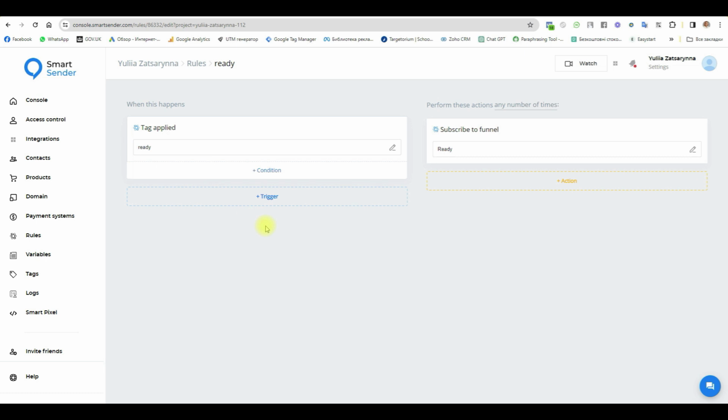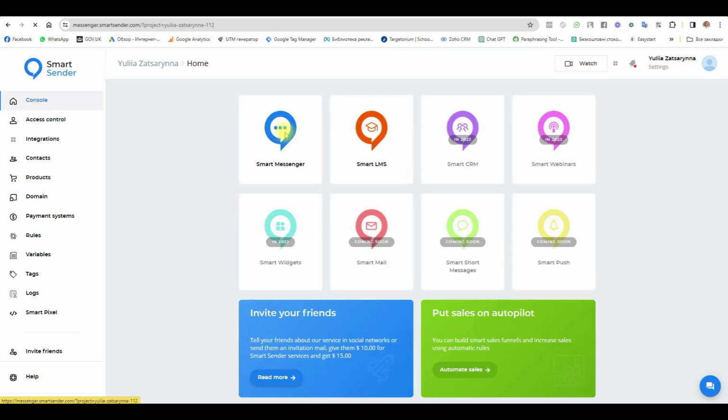Okay guys, now we did two rules. The first: when a subscriber subscribes to some funnel, he is subscribed to the next funnel. When a subscriber receives some tag, he is subscribed to a funnel. Okay guys, now we're testing our funnels. We need to assign our first funnel, marathon 1. Go to console, smart messenger,